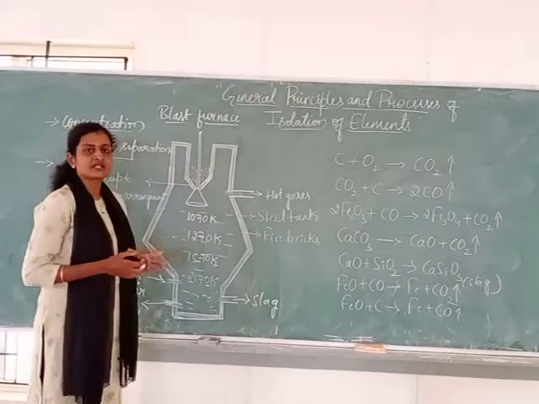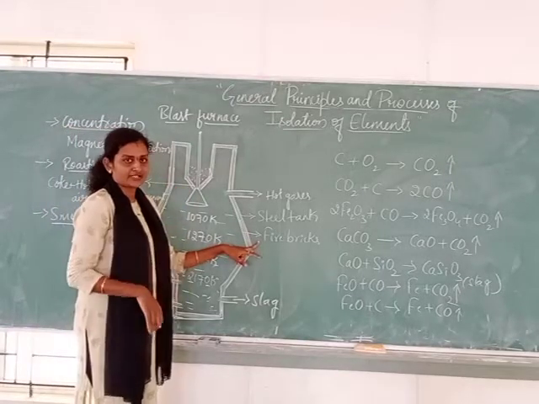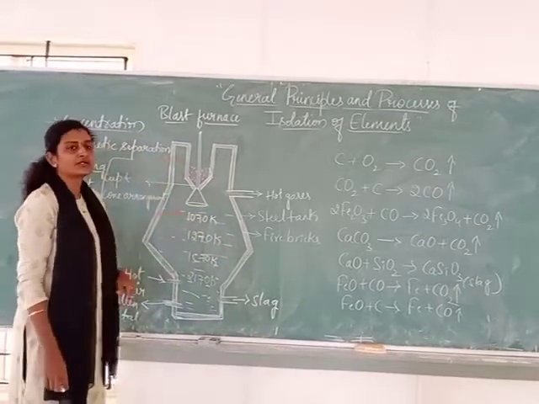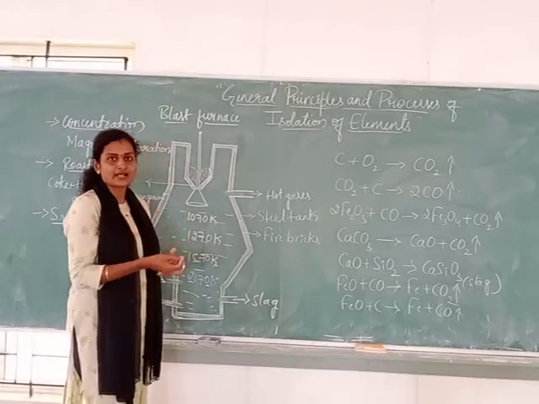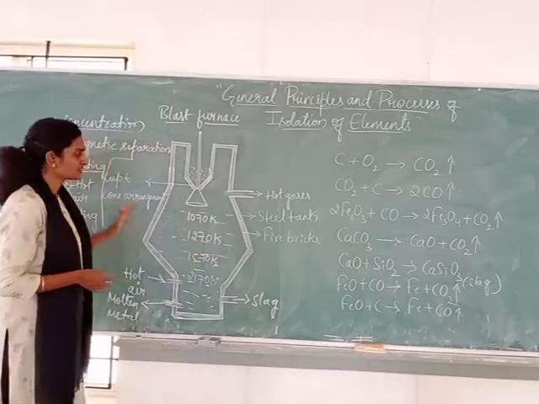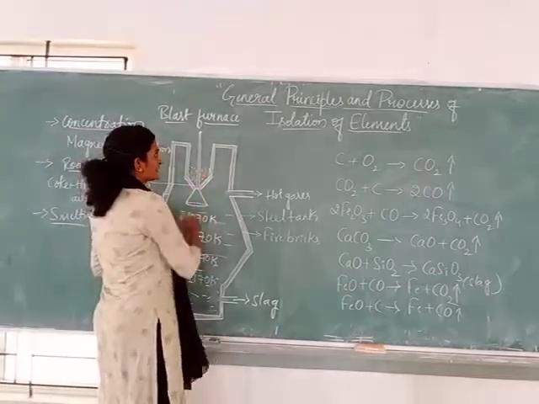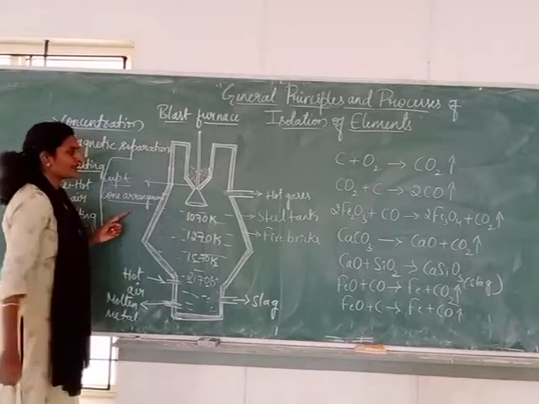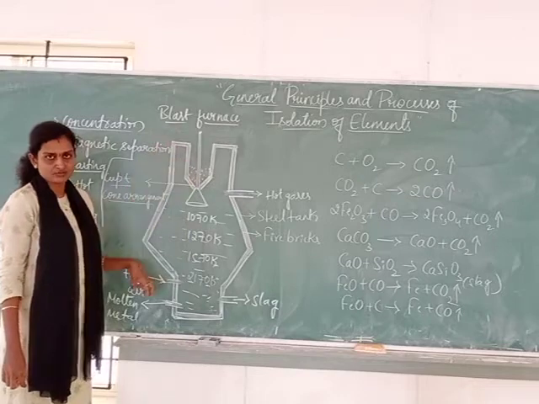In order to withstand that heat, fire bricks should be installed in the tank, and some outlets and inlets will be provided to exhaust the gases and to add the ore particles. Okay, so this is the diagram of blast furnace. So here in this blast furnace, through this cup and cone system, you can observe the cup and cone arrangement. This is the main inlet through which we are going to add the ore.